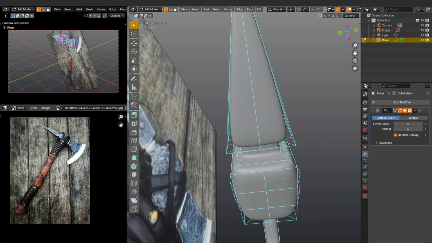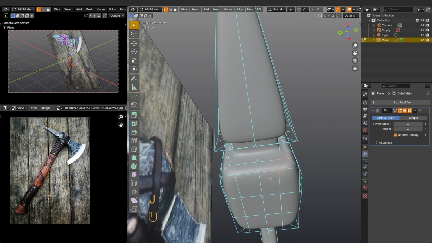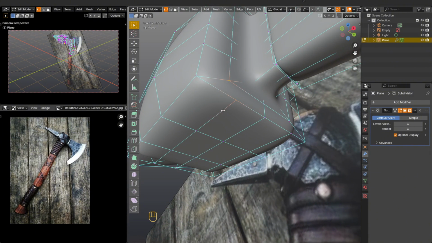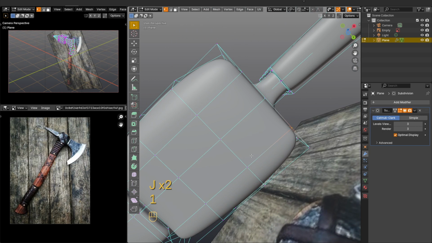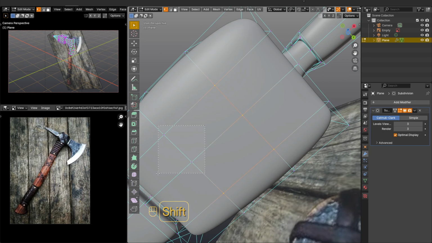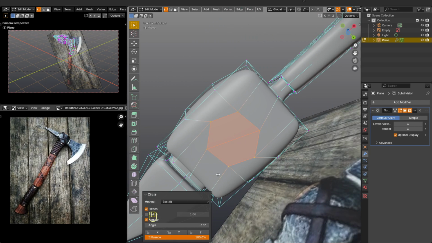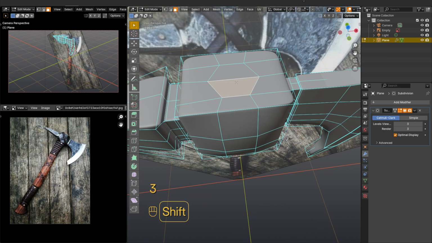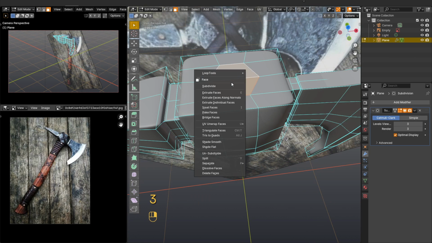And we need to repeat the same operation in the lower parts. Using the knife tool, add edges, merge the vertices and create a circle. And now do not cancel the selection of the lower circle, but press the 3 to go to the face mode and with the Shift button pressed, select the upper circle. We need this in order to make a bridge face.